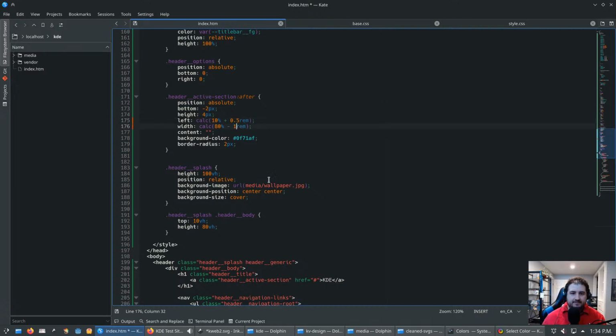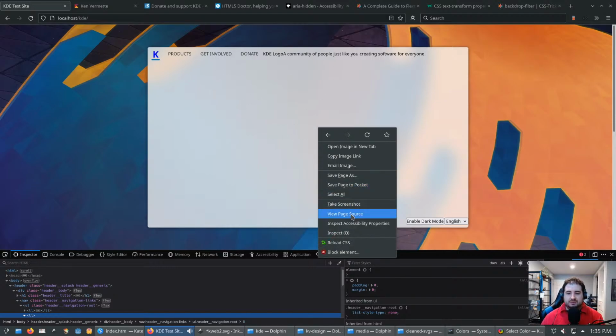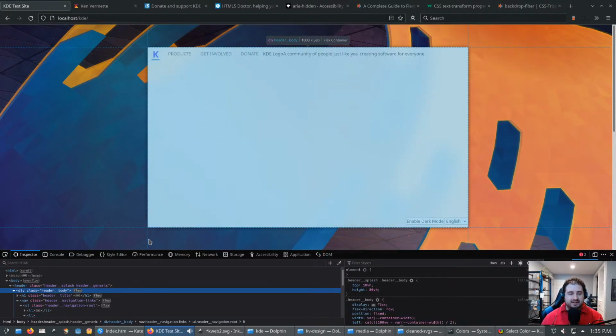-0.5, -1. There we go. And when I eventually swap that out for the gear logo. So next thing is we have the actual contents of the body of this thing. And the contents are here